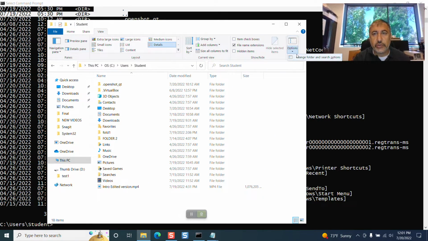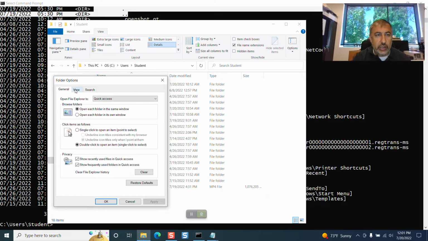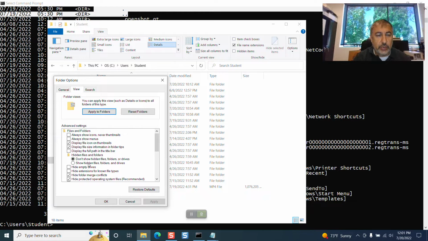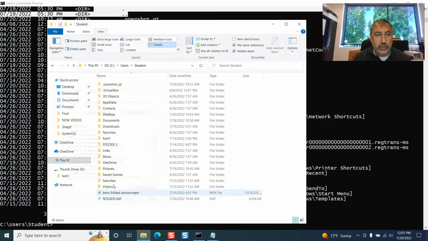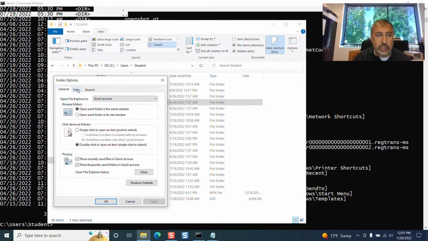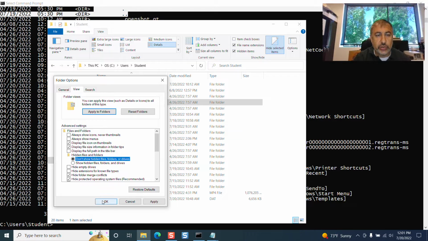In Windows, you go to Options, Change Folder, and then View. I'm going to show it so that you see the difference. You see that's there. You can see that that's there. And then if I want to remove those, and then if I was going to build a computer, see,